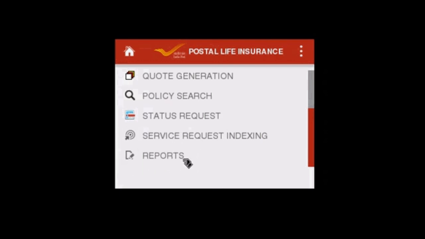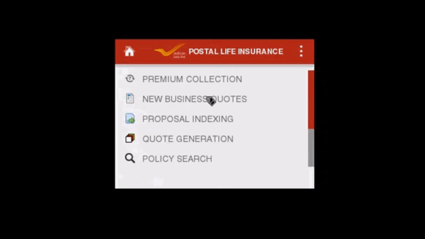Our next option is report. There are three types of report: day-end collection report, daily indexing report, and summary report. Through the day-end collection report, whatever we have collected of PLI, RPLI, can be seen here. Daily indexing report means whatever indexing we have done, a printout of that can be taken. And summary report means cash book. PLI summary report and RPLI summary report can be taken out separately from the reports.